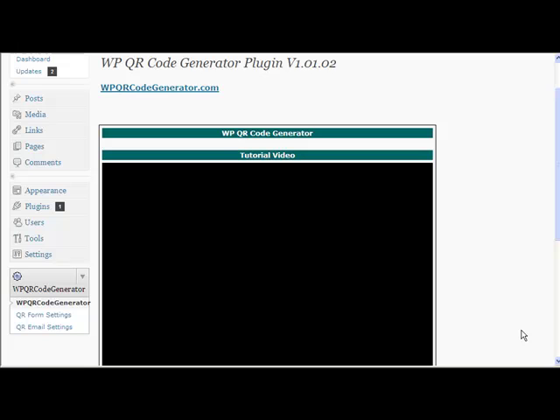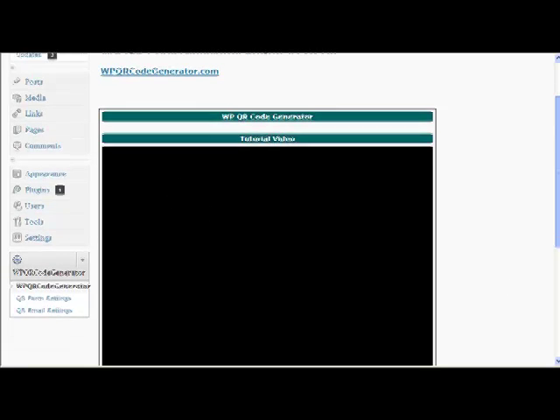Setting up WP QR code generator is very simple. Once the plugin has been installed, you just install it through the normal plugins interface. You get a zip file and you just upload that and activate the plugin, and instantly you'll be at this point here. And when you click on WP QR code generator down here, then you get this screen here where